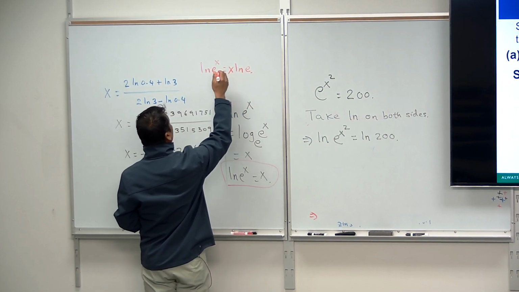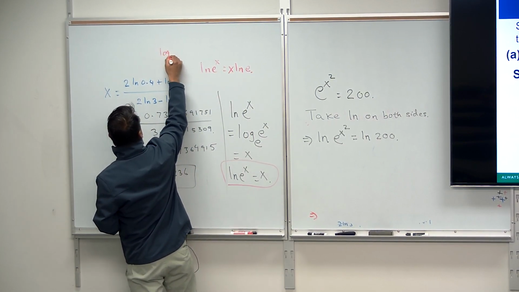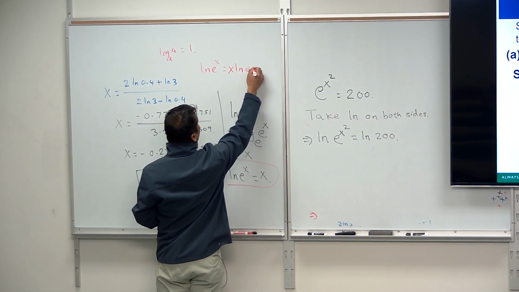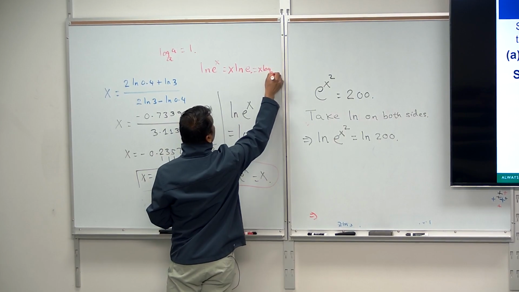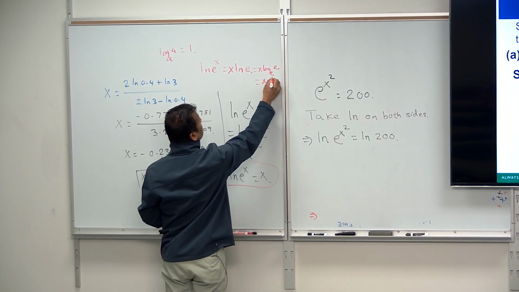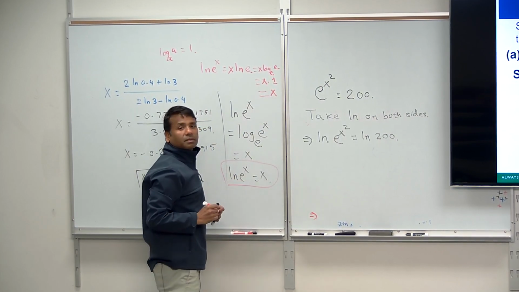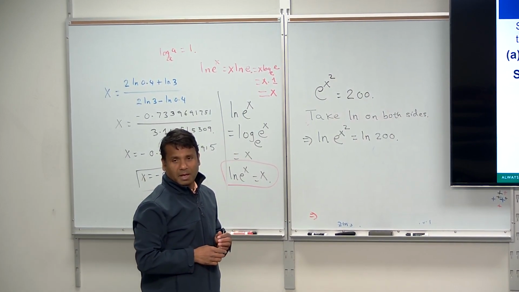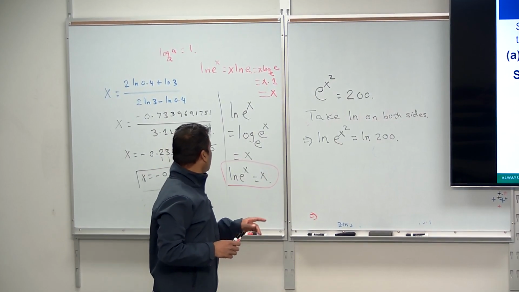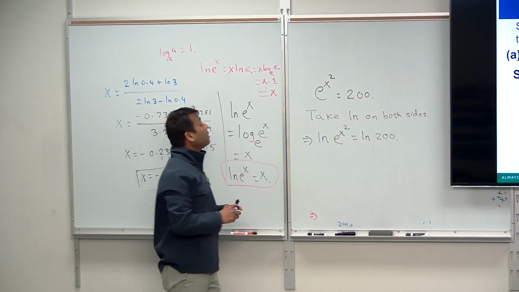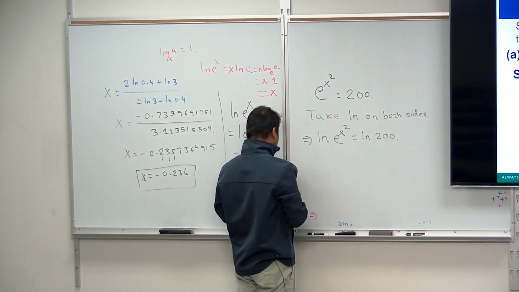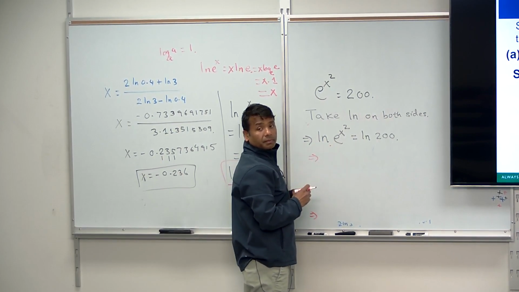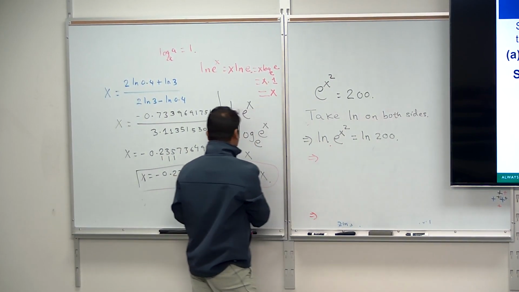And remember, if you have a logarithm with base a of a, this is always equal to 1. So this ln e is the log with base e of e. So this is equal to what? x times 1 equals x. Did you see that? Just keep in mind, ln of e to the power x is x. So now here, if you have ln of e to the power x squared, then obviously, what will this be? If ln of e to the power x is x,